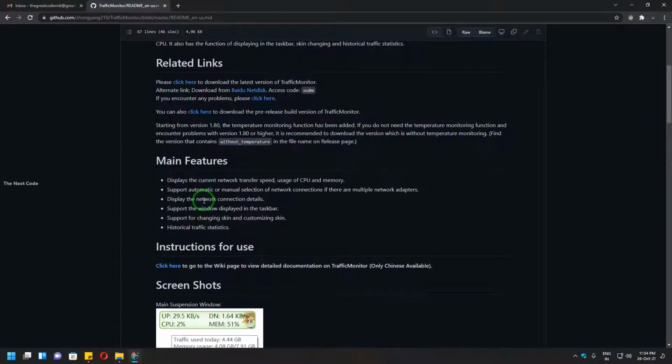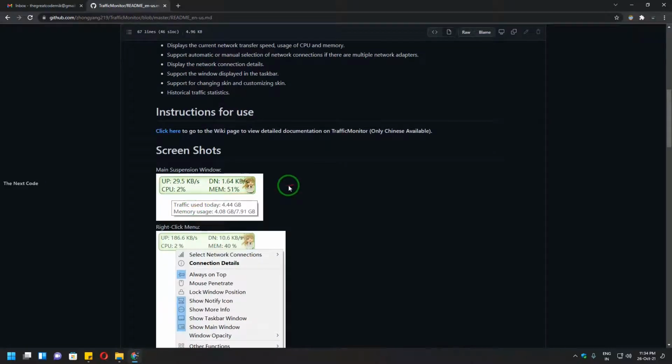It also shows the CPU, memory, and all those things, but we are only going to use it for network traffic speed. If you want, you can also use it for all the other details as well, like CPU temperature, memory usage percentage, and all that.